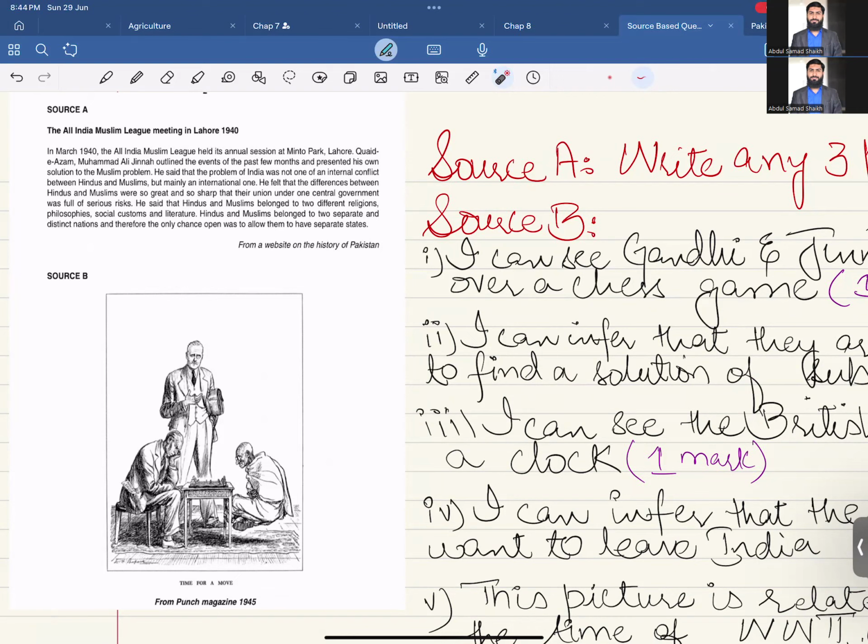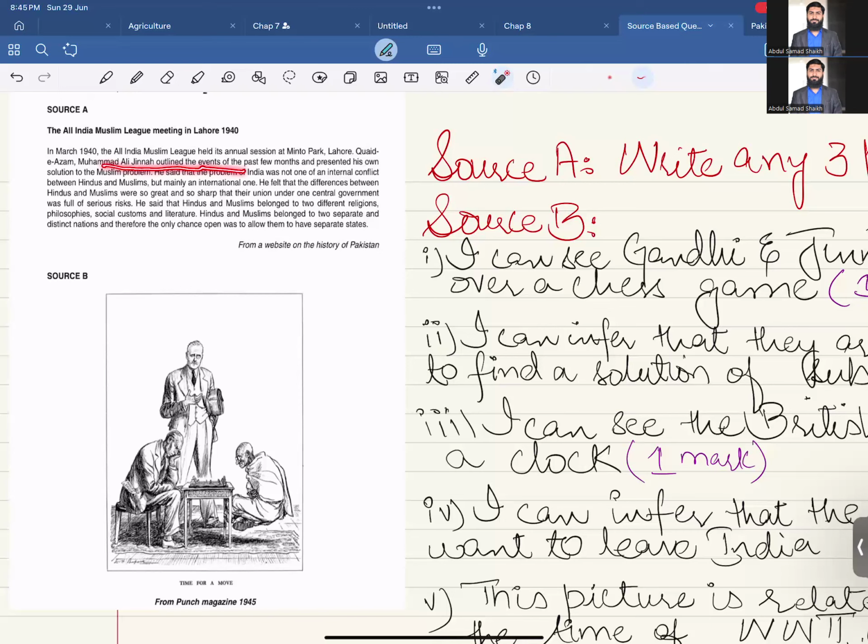So here we are required to extract 3 sentences and interpret or convert those sentences into our own words and write them down. It is the easiest part of the history exam and easily 3 sentences can be extracted. Like for example, if the question is what was the position of the Muslim League as per Muhammad Ali Jinnah, or what was the viewpoint of Muhammad Ali Jinnah about India, so here we can see